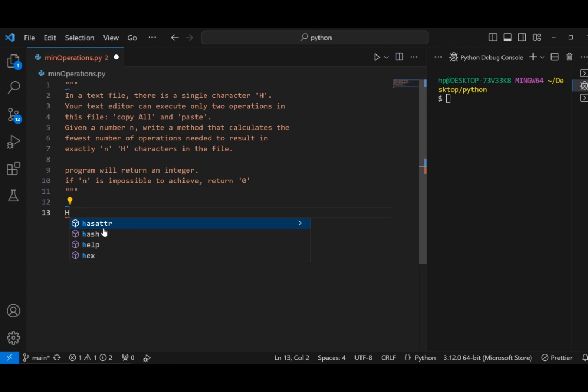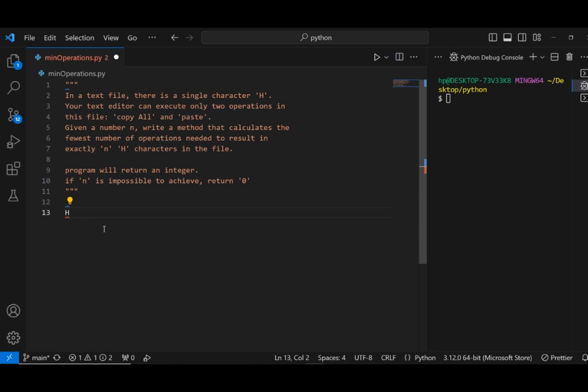Then paste, we can paste the characters you copy. The goal is to determine the minimum number of operations needed to have exactly n of h characters in the file. So we start with one h, and you can only use the copy and paste operation to create more